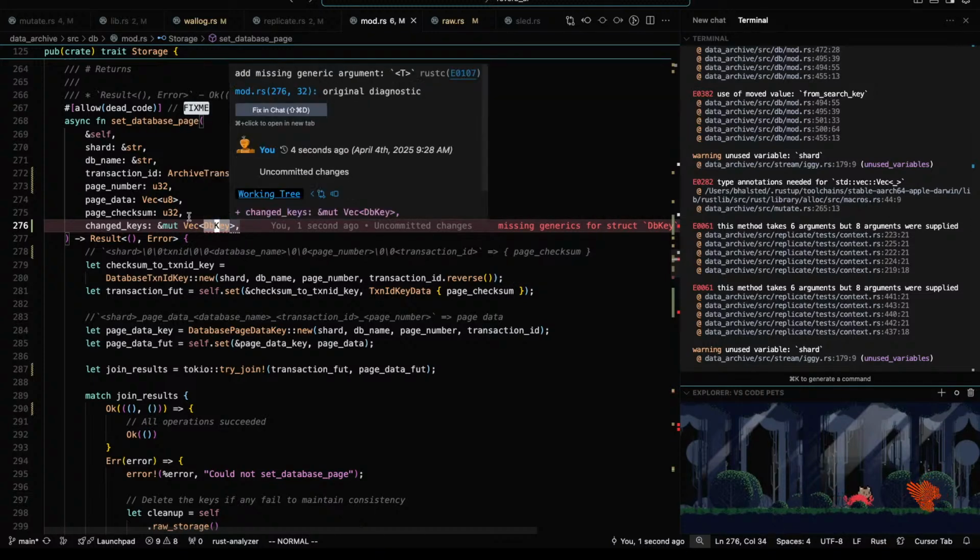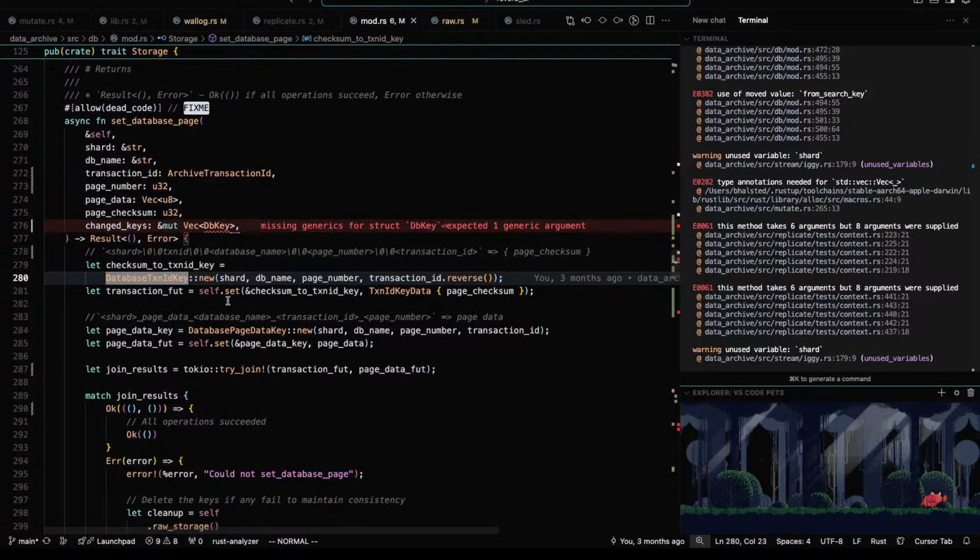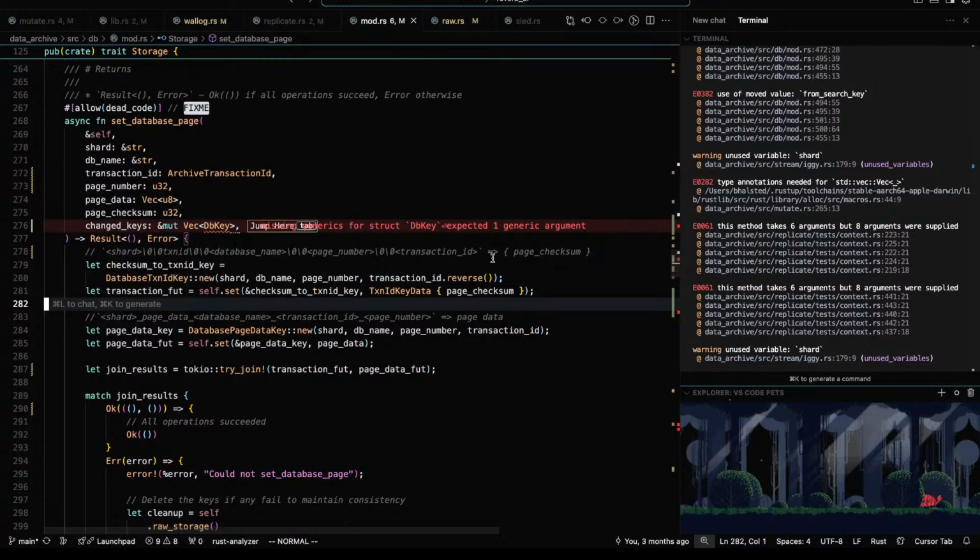Missing generic. Oh, that's right. No, it can't be that. And these are all unique types. Except they're kind of not.